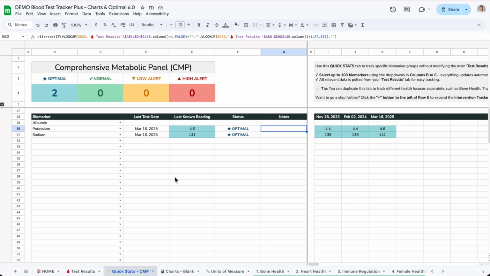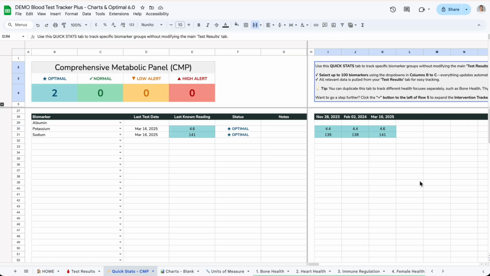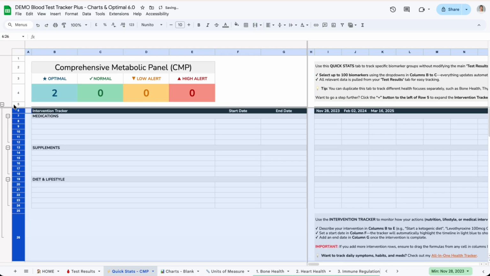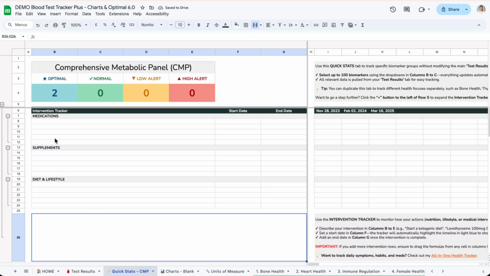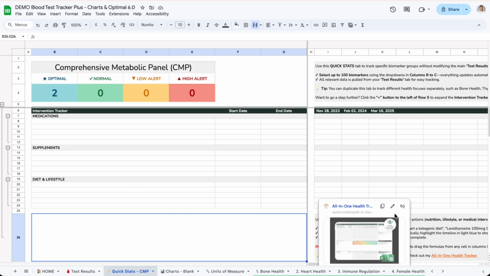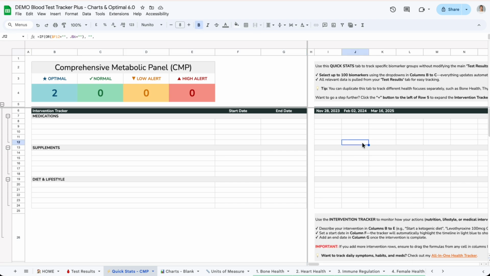And that's basically just the gist of how the quick stats work. It's your personalized dashboard. And if you want to take it a step further, there are some instructions here also, you click here on row 5 and you unhide the intervention tracker. So the intervention tracker is just a way for you to track any lifestyle or medical